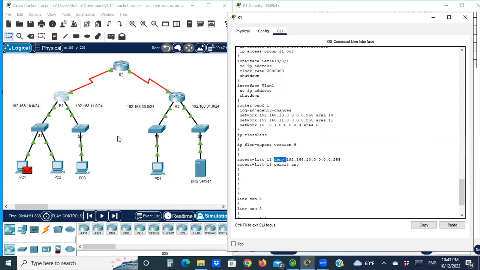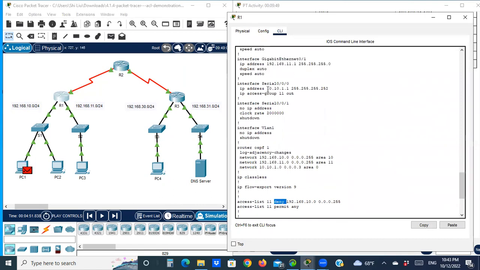And we also see on interface Serial 0/0/0, ip access-group 11 out. So this ACL is applied to the interface Serial 0/0/0